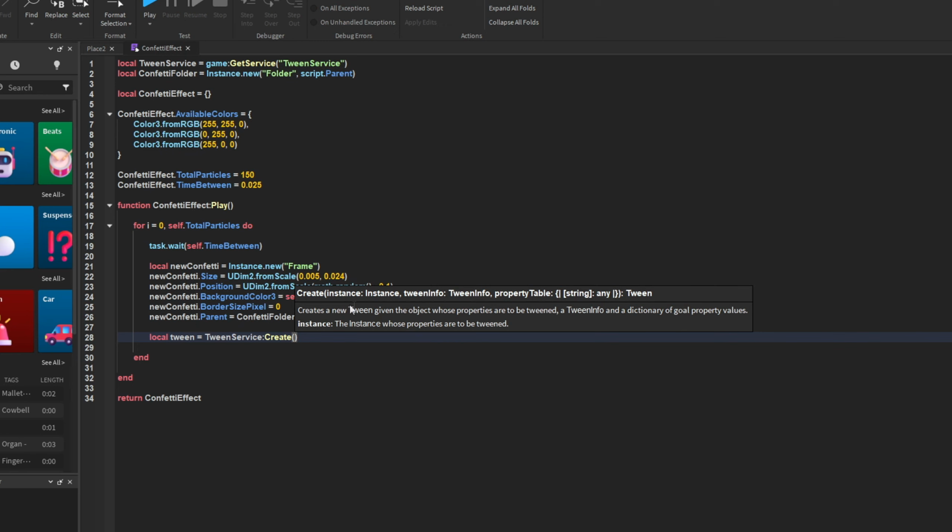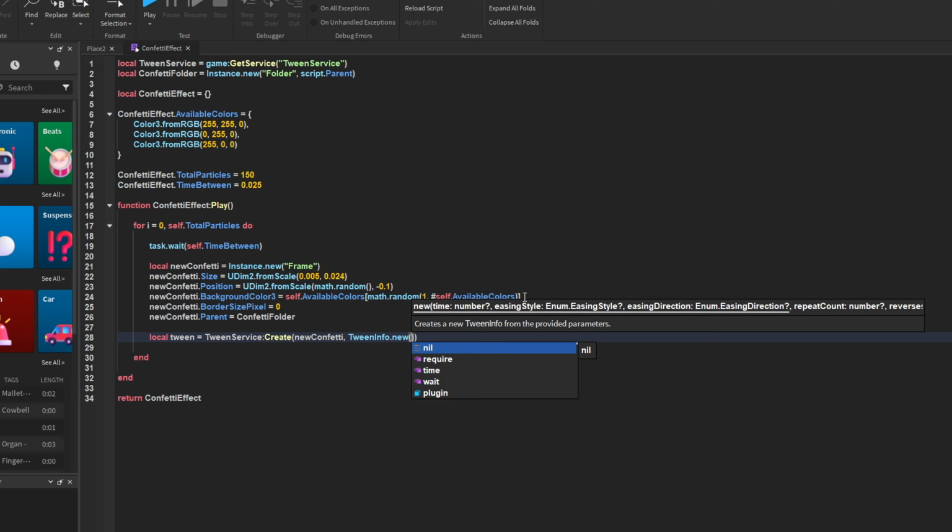And up here in the little pop-up, you can already see the arguments it takes in. The first one is the instance, which is the instance we want to manipulate, which in this case is the new confetti instance. So I'm just going to put that in there. Then I'm going to put a comma, and this time it wants the tween info, which is the way it's going to move, like how fast it would move, what kind of bouncy effect it would have when moving, and that kind of stuff. So let's create a new tween info object, TweenInfo.new, and then within these parentheses